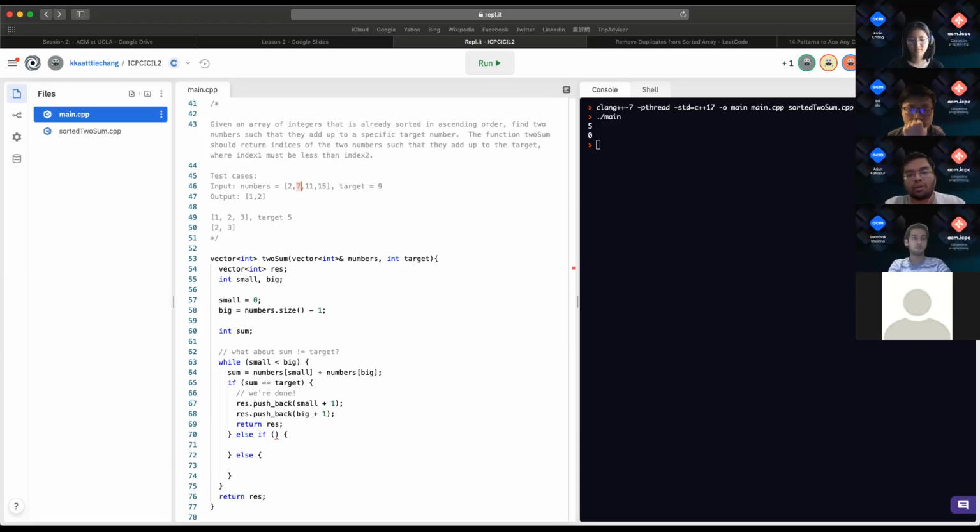Sorry, what are the res.push_back? Oh yeah, no worries. They're adding an element to the vector. So in C++, to add stuff to a vector, we use push_back. I guess it pushes an element to the back. Okay,